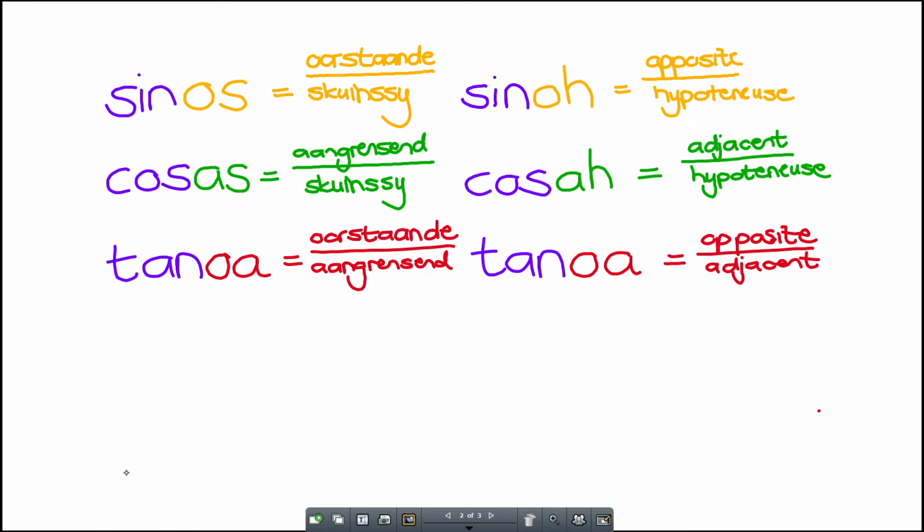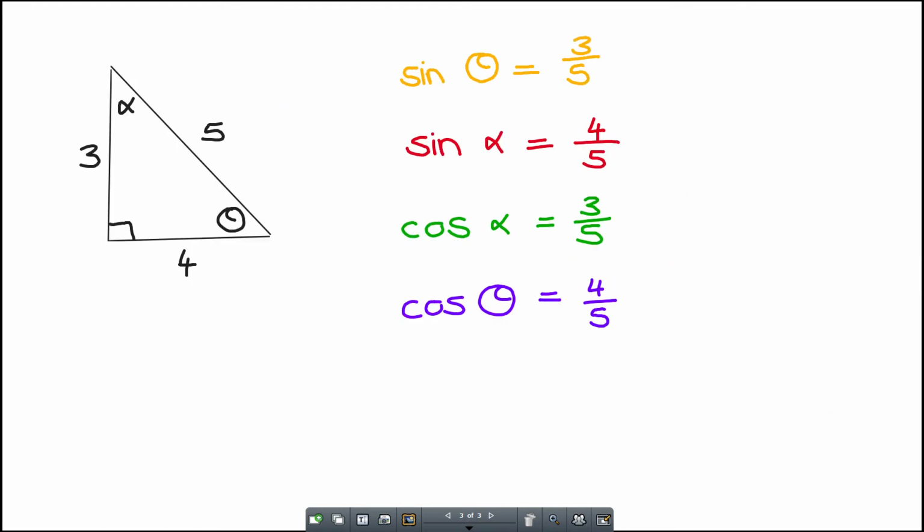Kan ons hom probeer. Okay, so kom ons probeer gou eers op jou eie, tan van alpha, en dan tan van theta. Klaar gedoen. You guys done? Okay, so tan of alpha, if I work from there, opposite would be 4, and adjacent would